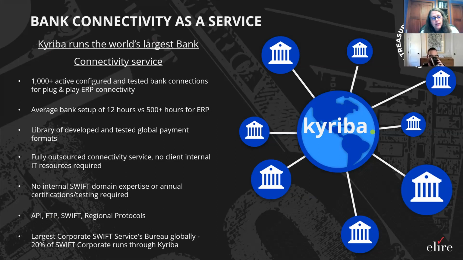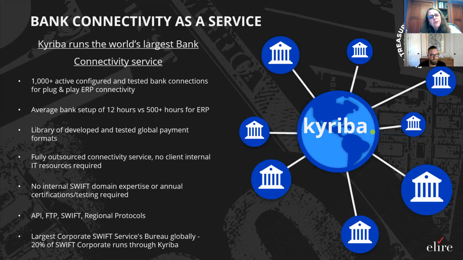I went back with a recommendation where we use Swift if they wanted to do bank payments out of that particular bank. And we also went back with a recommendation that they could switch to a different bank, which was also direct connected, allowing them to eliminate the cost of Swift since we could do everything else from a direct connection perspective. So we really at Kyriba view ourselves as kind of consultants in terms of helping you as you go through your rationalization process to be able to come up with the best bank connectivity at the lowest cost to you.